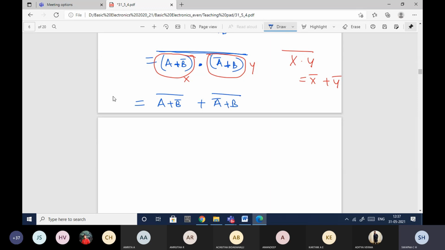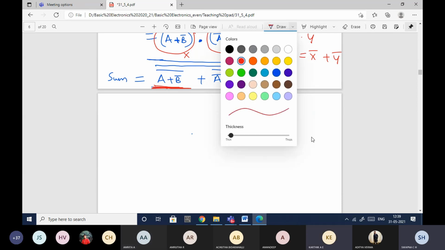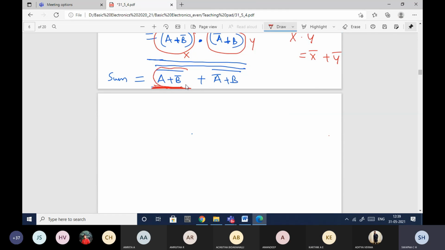Now is it in the required form? There will be chances of taking double complement twice. Okay, fine. Now it is in the required form, right? Yes, ma'am. See, this portion I'll be able to implement using NOR gate. This portion also I'll be able to implement. Along with this, I'll be able to implement. And again, I need to get one more complement. One more complement in the sense you need to use NOT. NOT I cannot use, so I will use NOR, but both the inputs will be connected to the same thing. So this is how I'll be able to implement this sum equation.